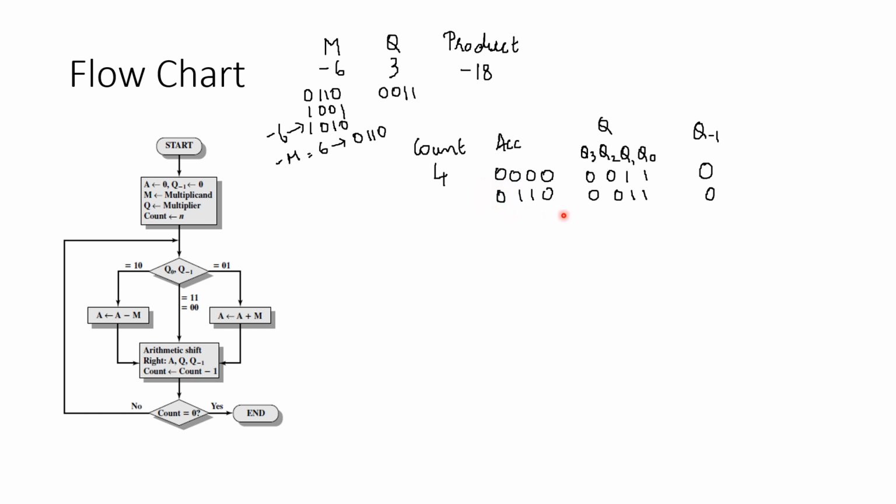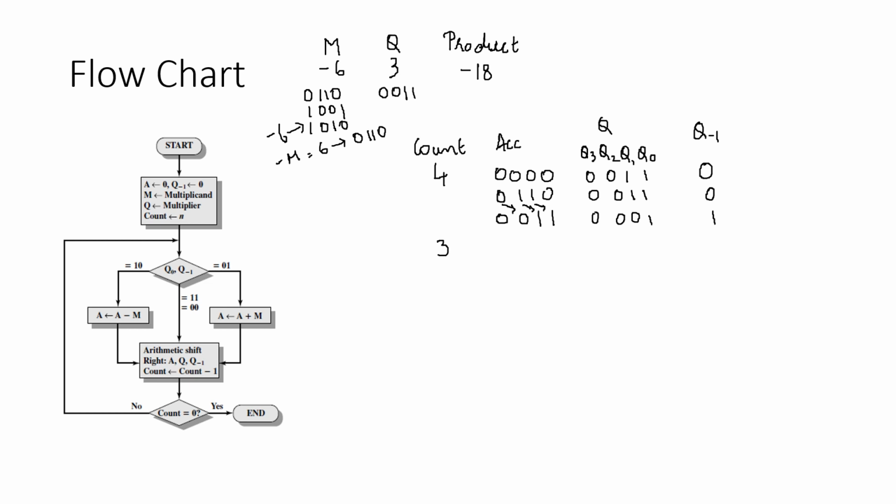So basically this entire term we are going to shift right by retaining the first bit as it is. That is basically we'll keep 0 here as it is, and then this 0 comes here, this 1 goes there, this 1 goes here, and then we have 0, 0, 0, 1 and then 1. And then we decrement the count, and now the count is 3. Then we check if 3 is equal to 0. It's not equal to 0, and therefore we continue doing this.